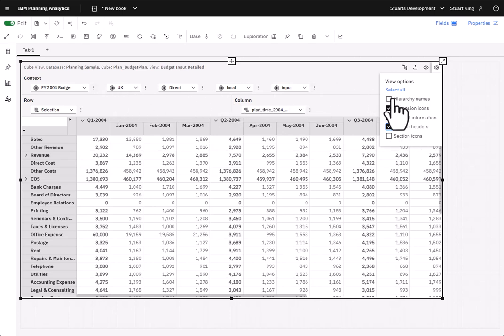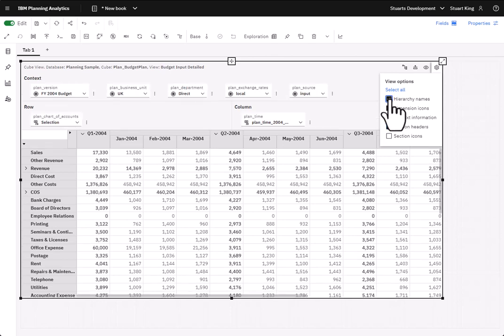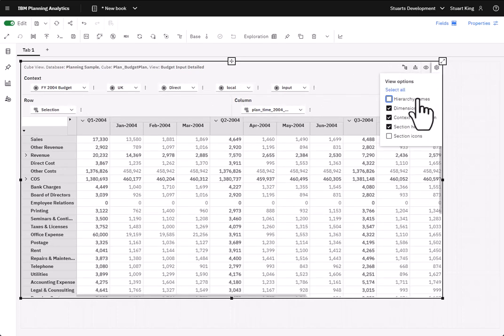The other thing that we can enable or disable here is the hierarchy names option. So if I enable this, I can now see on what we call the selector tiles, the names of the different hierarchies that are positioned on the view. If I don't want to enable the hierarchy names, because I want to save a bit of vertical space here,